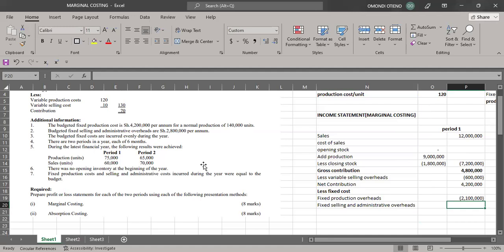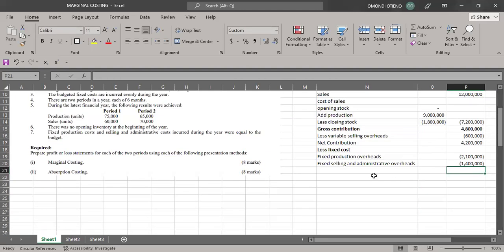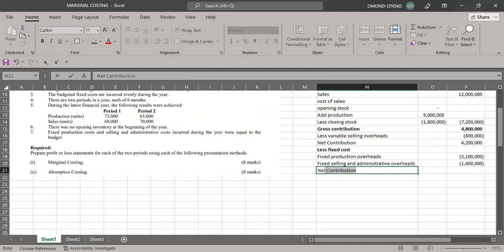So what do I need to do? I take 2,800,000, then I divide by 2. That will give me 1.4 million. So once you do that, we'll be able to get our net profit